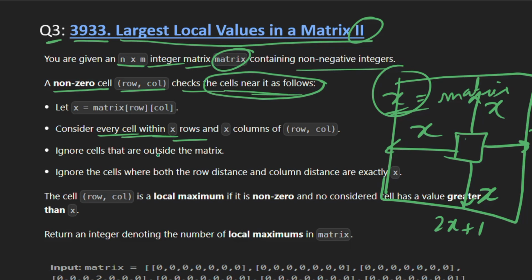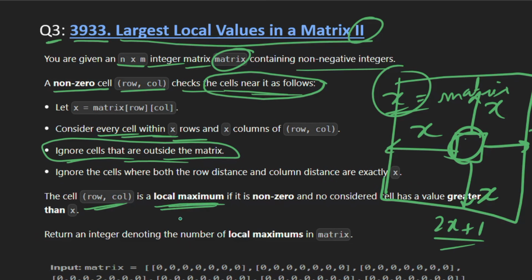It will consider every cell in this square of side 2x plus 1, and it will ignore all the cells that are outside the matrix. So it will consider all the cells present in this square. And then the cell (row, column) is a local maximum if it is non-zero, that is greater than 0, and it has no considered cell with a value greater than x.